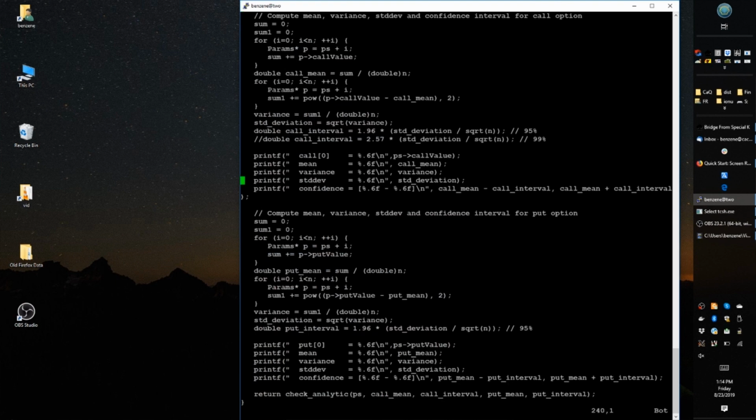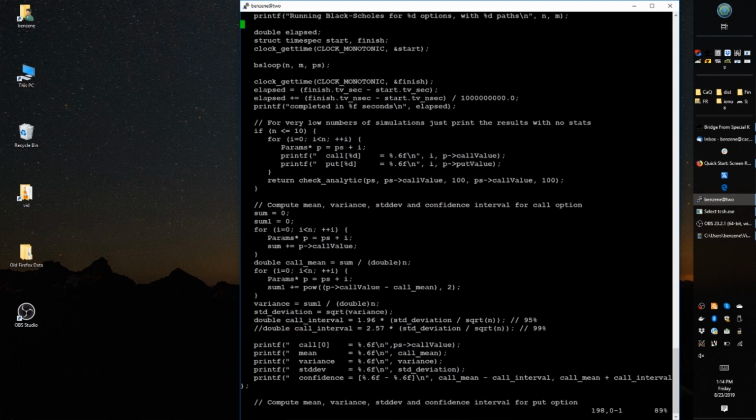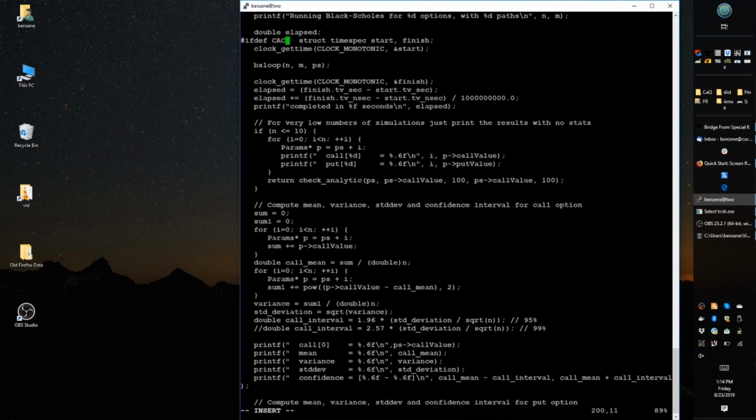So if you see here the call to BS loop, which as we know is where most of the action is taking place, we can see that it's bracketed with calls to this clock get time. So clock get time is going to get the system time. And for the FPGA performance simulation, we want to actually get the FPGA time that it's going to take, not the system time. So in order to do that, we have provided a function called CQNSTime